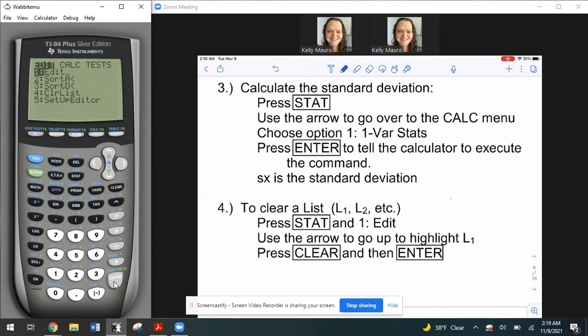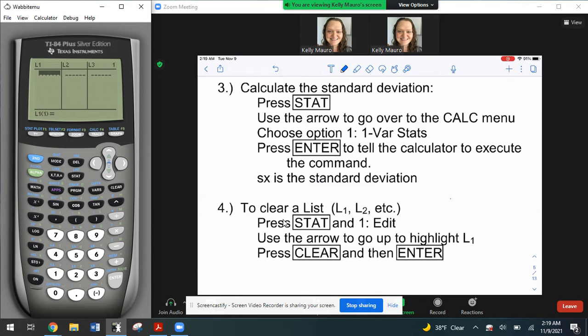When I'm in the edit mode, I want to type my data values in L1 always, so I can go up and highlight L1, press the clear button, and then hit enter. Always press clear, never delete. Always clear when you're doing this. If you hit delete, the whole column will go away, and then you're going to have to reset the calculator. All right? So we go up, so L1 is highlighted, press clear, and then enter, and it'll clear out